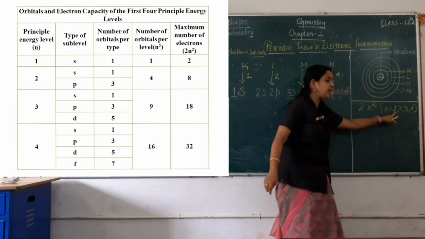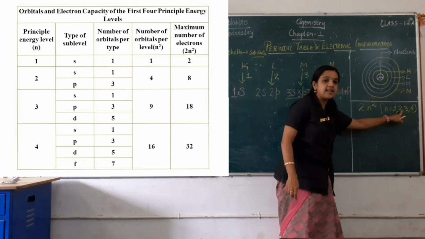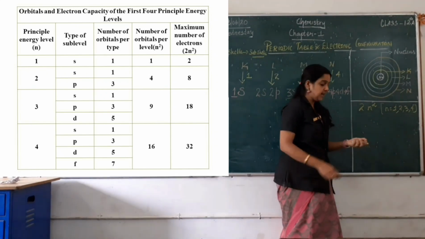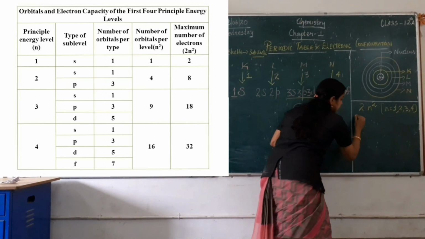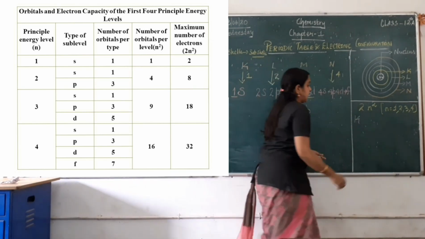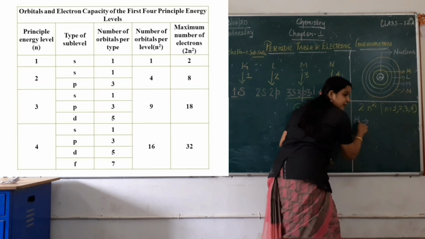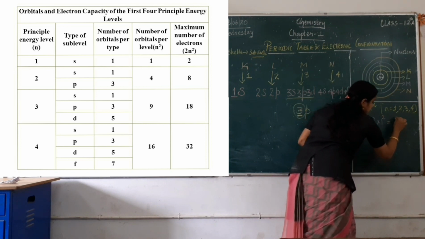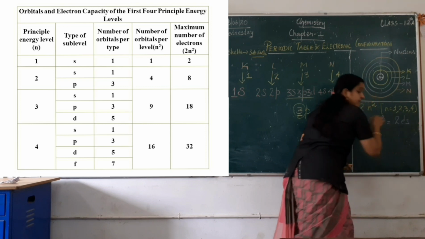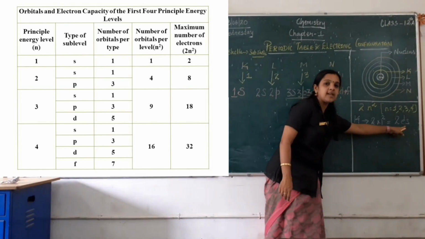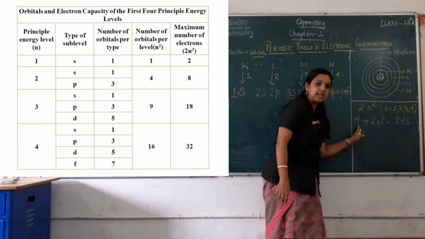So it can be the first energy level, my second energy level, third, fourth and so on. Now how do we calculate? To calculate this, let us take the first energy level, K shell. Now in K shell, being in the first energy level, it will be 2 into 1 square, which is 2. So what happens in K shell? How many electrons are there? Yes, there are 2 electrons which are present in the K shell.